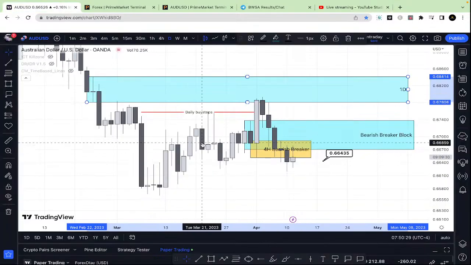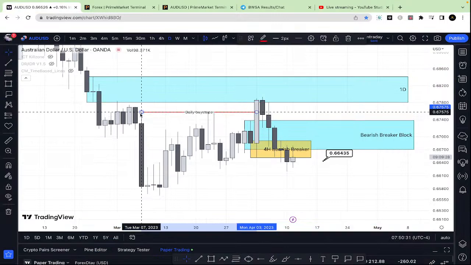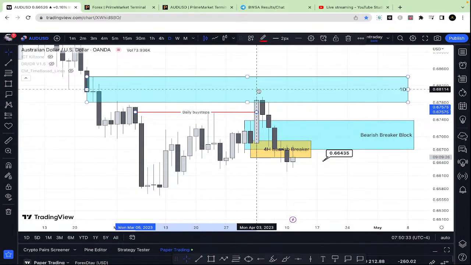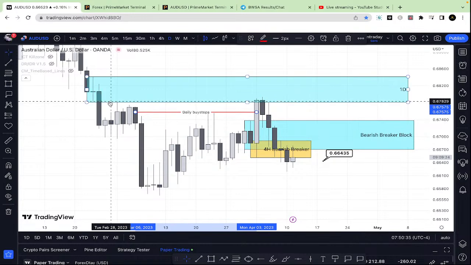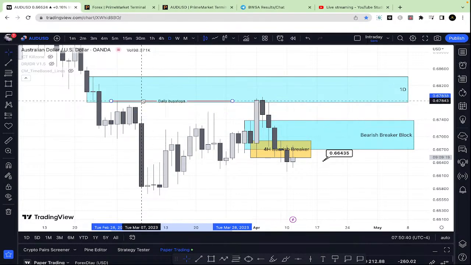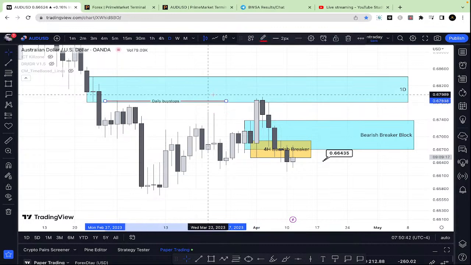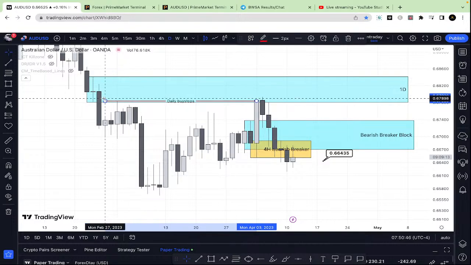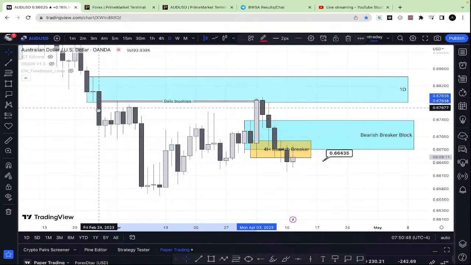All right, so we have a buy side liquidity take. We have a buy side liquidity take right here. Price came up, took out these short-term highs right here. I would say even all the way up to here. So we can go ahead and just move this just a little bit. You gotta be precise when it comes to your trading. So we have a little bit of buy side liquidity right here, or a lot of it that was taken